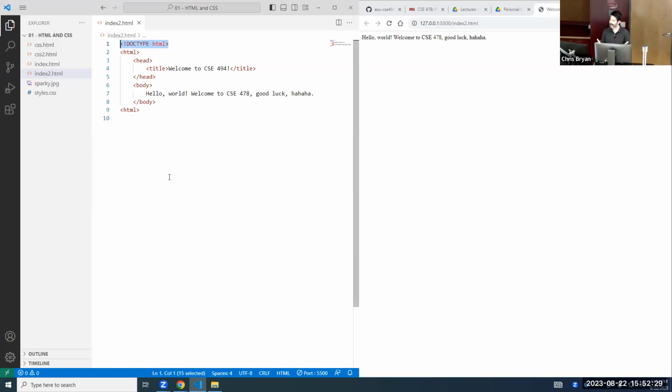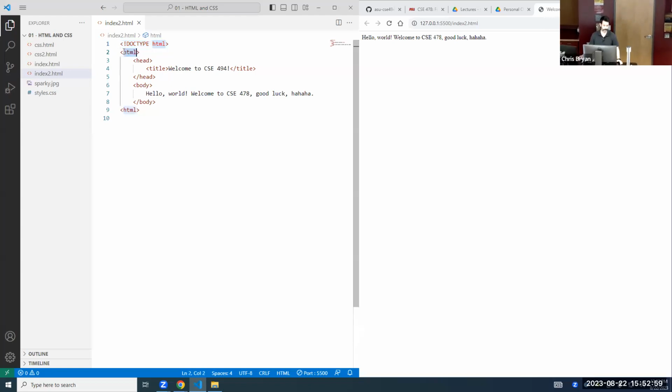The very first line, what we're doing is declaring to the web browser that we are writing an HTML document. So this document is of HTML type, right? And specifically, this will tell Chrome or Safari or whatever you're using we want to use the latest version of HTML, so HTML5,